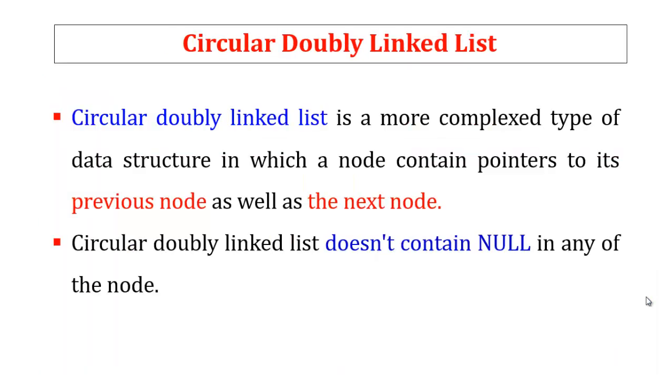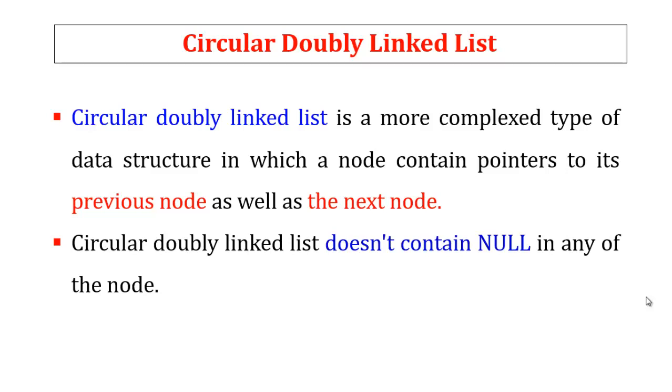Before going to the circular doubly linked list, we have to know what a singly linked list is, what a doubly linked list is, and then the circular doubly linked list. In a singly linked list, we have two fields: one is called data, the second is called the next field. For a doubly linked list, we have three fields: one is the previous node, the second is the data field, and the third is the next field. In the circular singly linked list, the same two fields as in a singly linked list: a data field and a next field. But at the end of a singly linked list, as in a doubly linked list, we consider a null pointer.